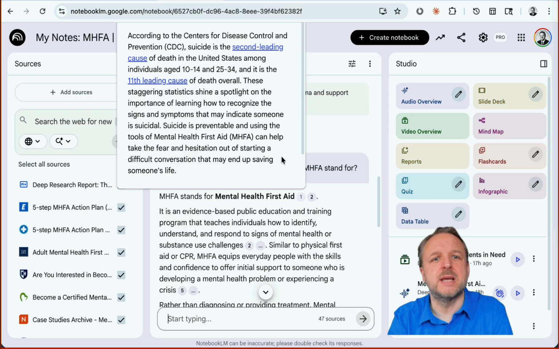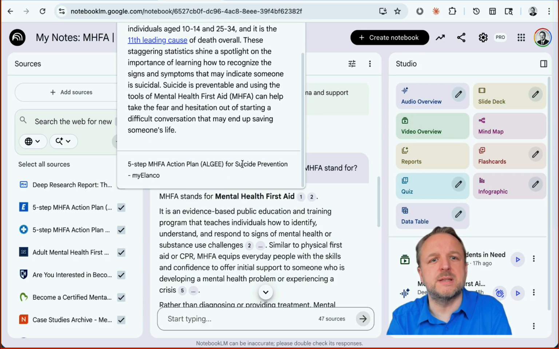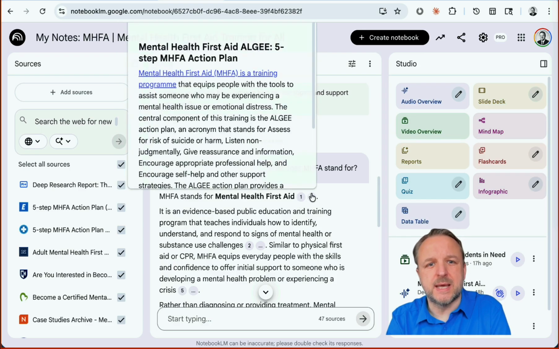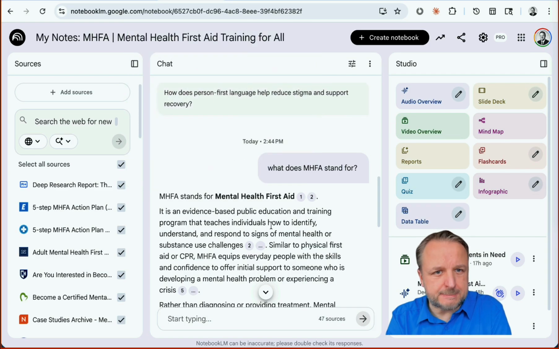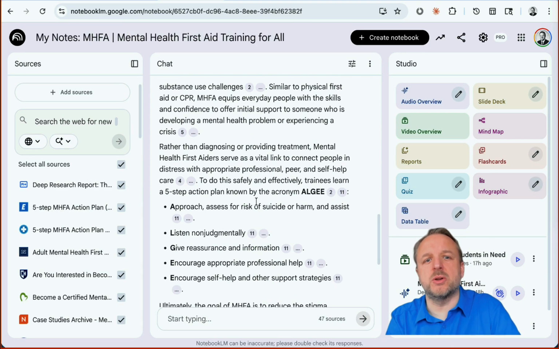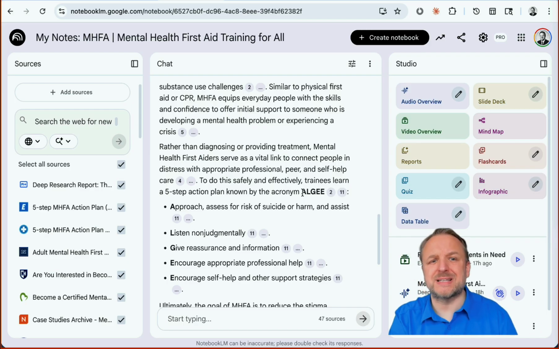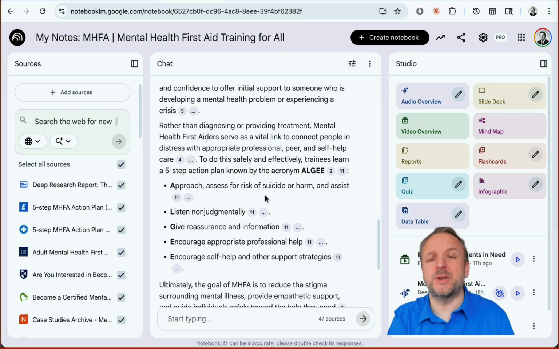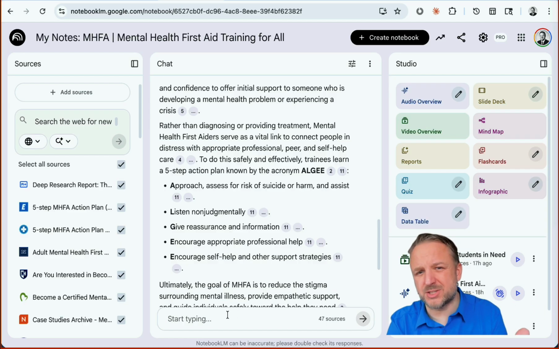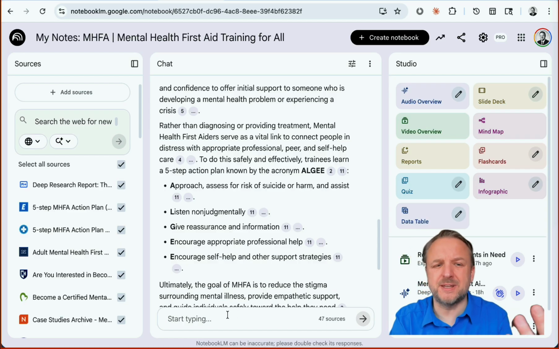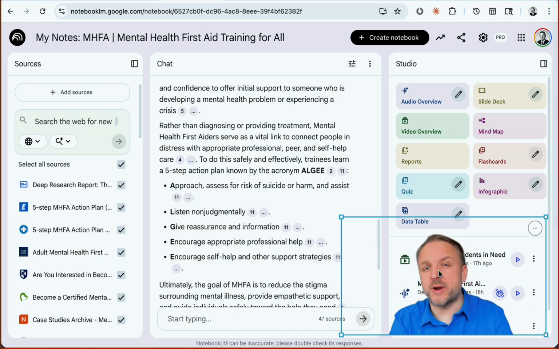Well, here is the source, source number 2, and then it provides even additional information about the ALGEE process that is included as part of the process. So that's where you can get your own answers, but then students can also, again, fill some of the gaps. All right, so moving on,